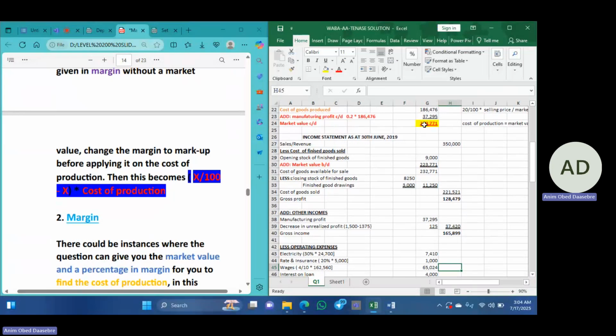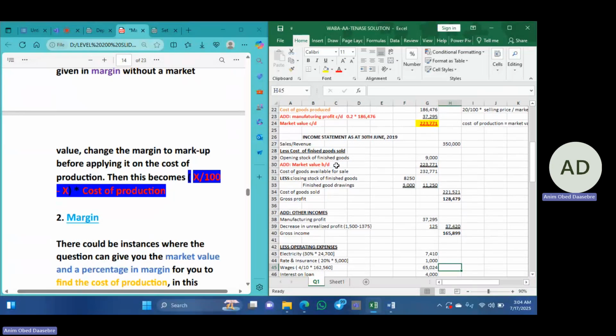This market value is the selling price, the cost of the product that you have produced plus profit. Since it is embedded with profit, we are going to factor in what you call the unrealized profit. The profit that is part of this, at the end of the day, we need to